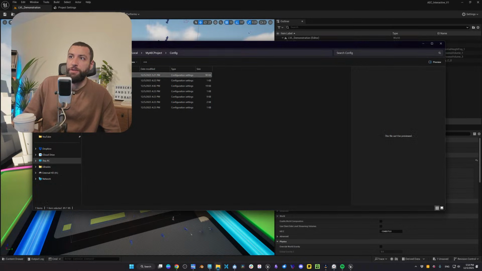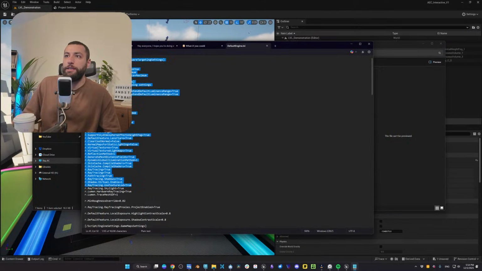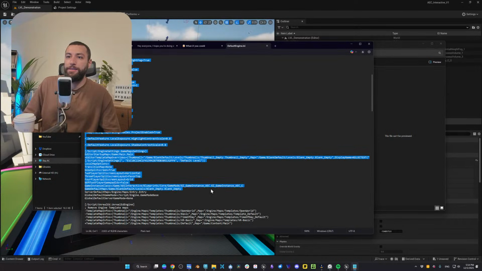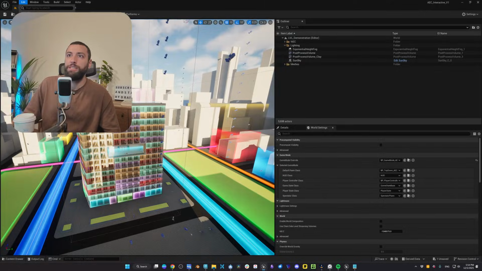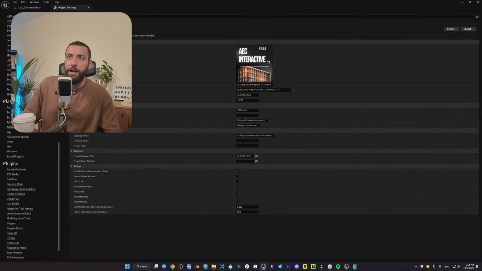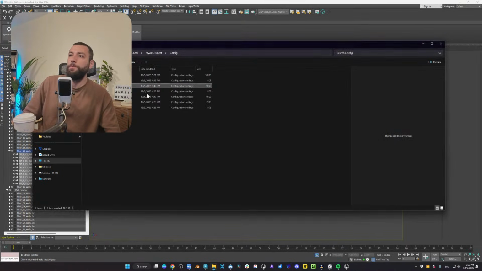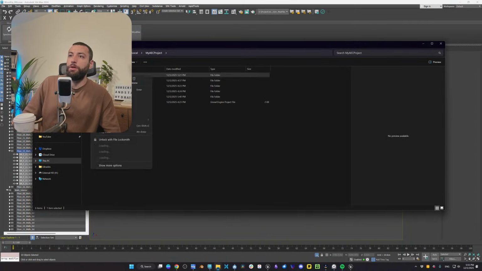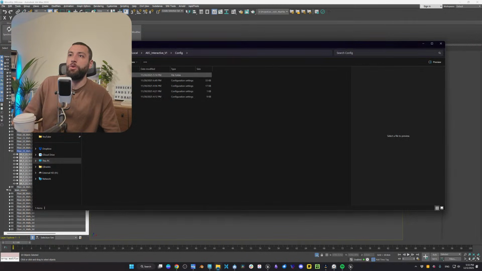For example, we have the default editor, the default engine, and so on. If you open the default engine, you will see all these settings here are the settings that you're talking about. So if you go to edit and you go to project settings, these settings here and others are saved here. So what you want to do is to copy, go to your project, go here,